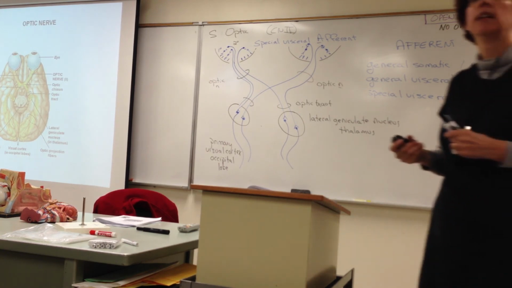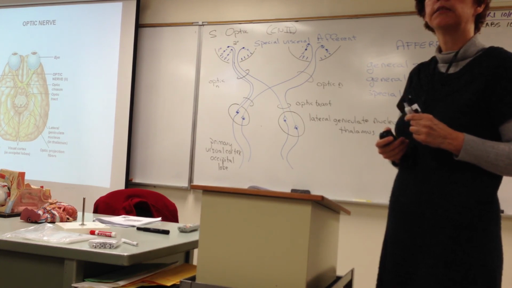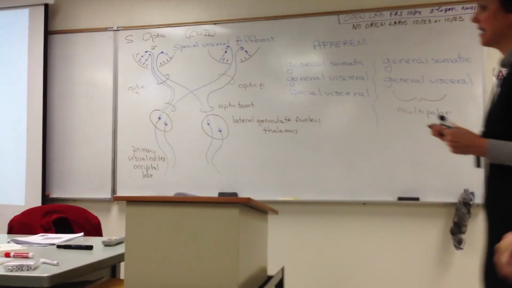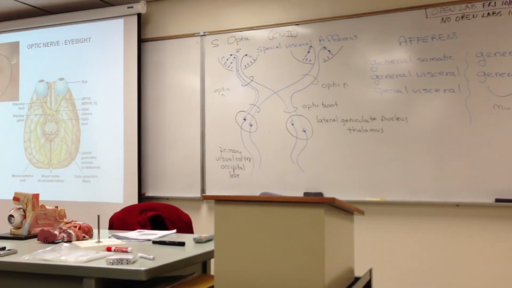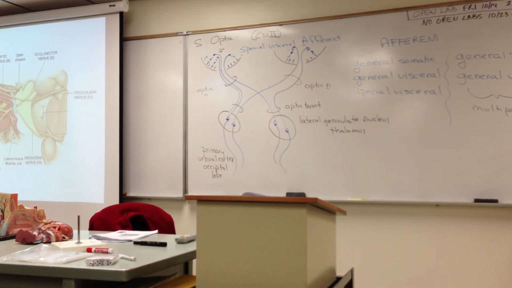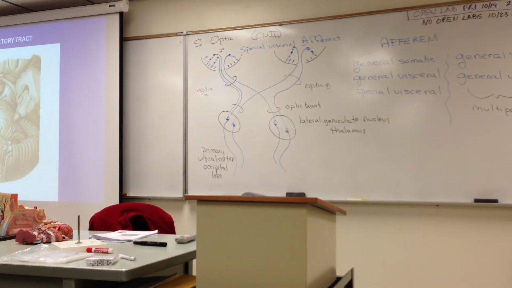Yes, Tara? These processes synapse in the lateral geniculate ganglia of the thalamus? It should be nucleus. Okay, just to make sure. Sorry, yeah. Should be nucleus. All right, so vision. And then we move to the third. So let's go back here and look at the, I'm going to take a copy of